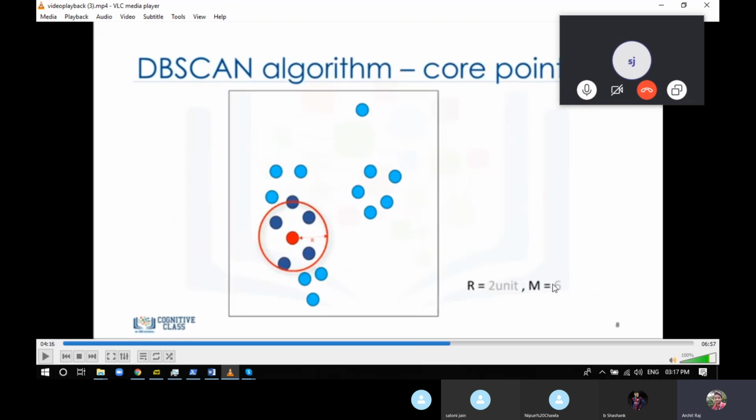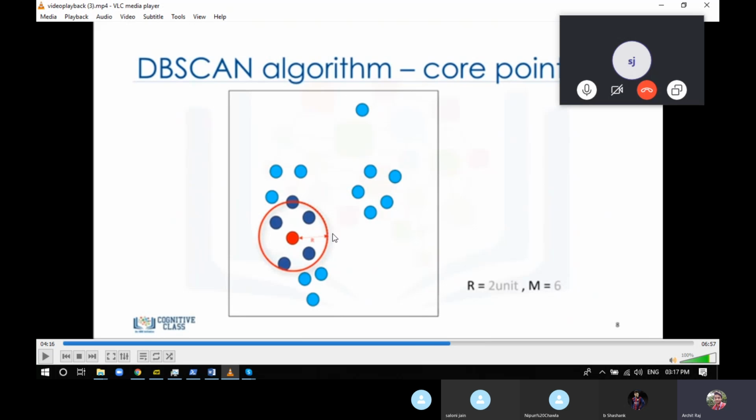There's a bit of a mistake here: it's not supposed to be 6, it's supposed to be 5. So just imagine that M is 5 for now. It's written 6, but it has to be 5.